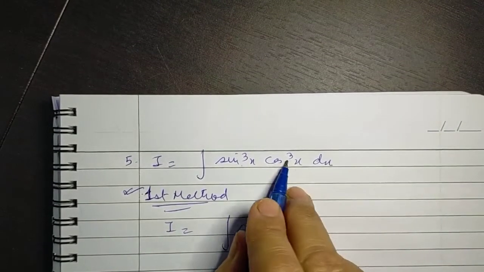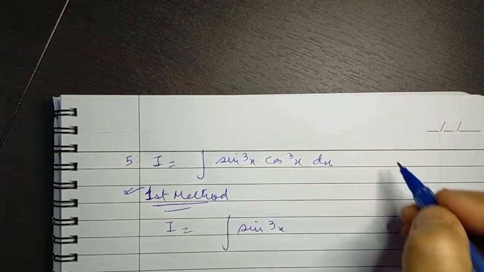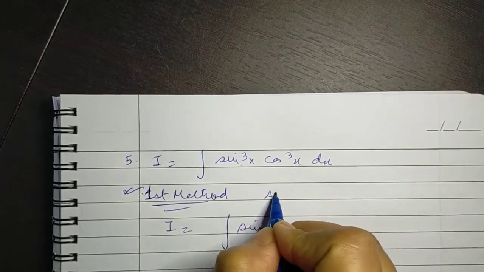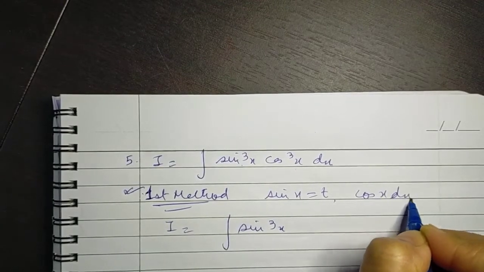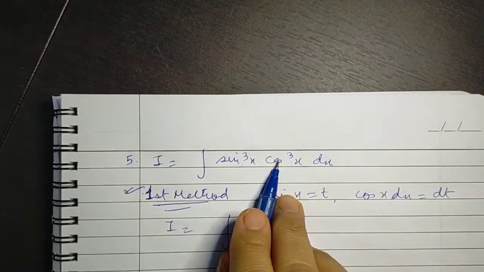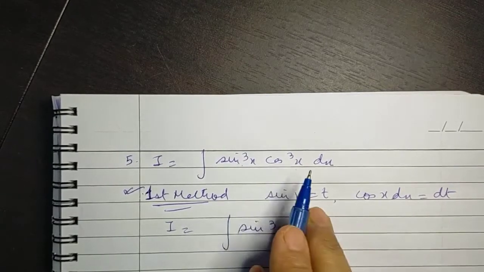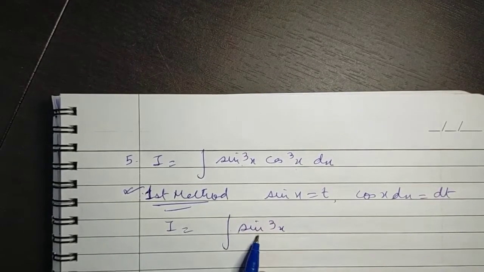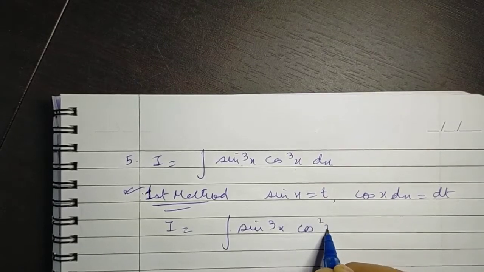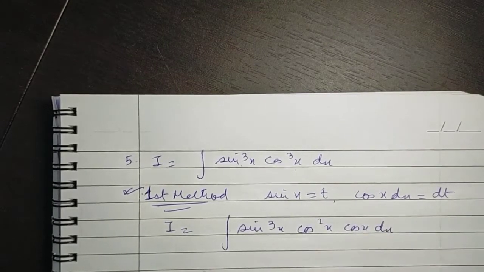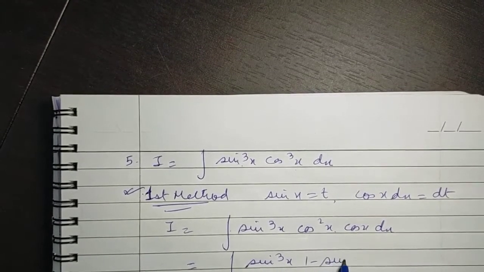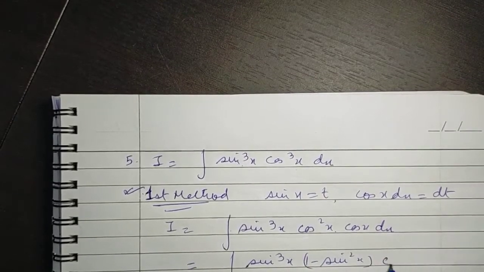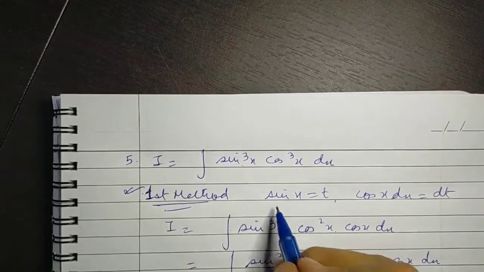Okay, now if we put sine x as t, I get cos x dx as dt, but I have here cos cube x. So what I can do is write I as sine cube x cos squared x cos x dx, and this comes out to be sine cube x, and in place of cos squared x I can write 1 minus sine squared x, into cos x dx. At this stage we use